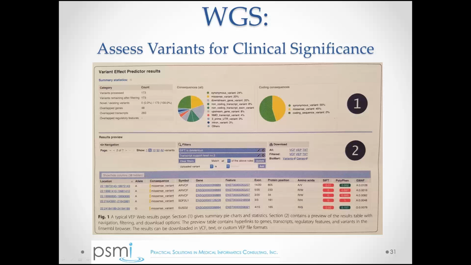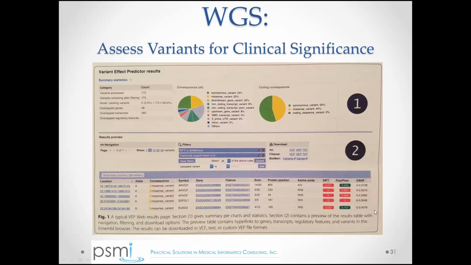Other people might want to apply slightly different filtering, but the Ensemble variant effect predictor is a nice tool for allowing you to feed it a whole list of variants. In fact, you can just feed it a VCF file for a list of those 1,500 variants, and it will catalog each one as to the